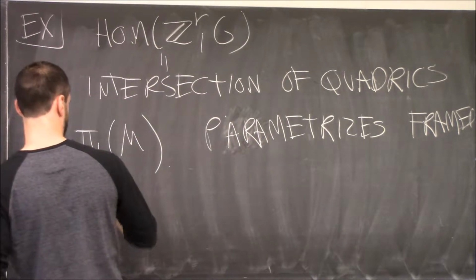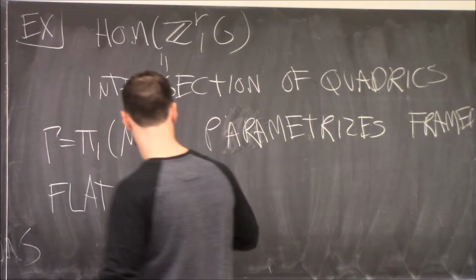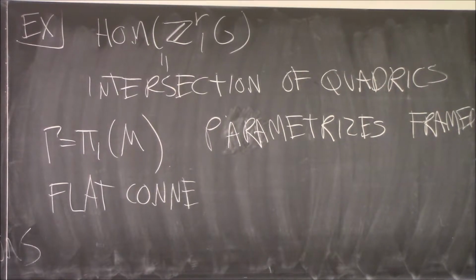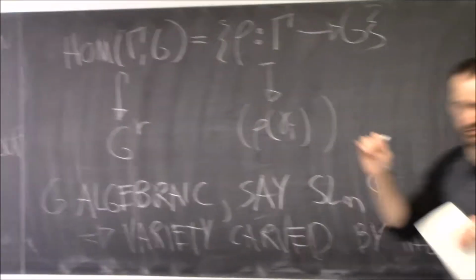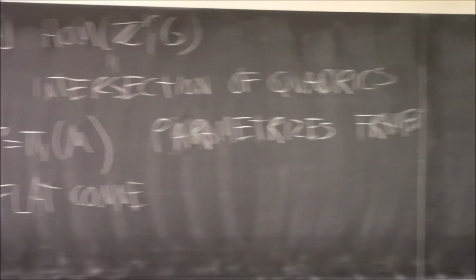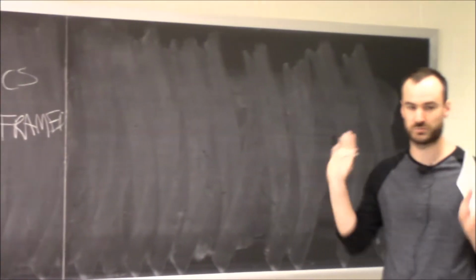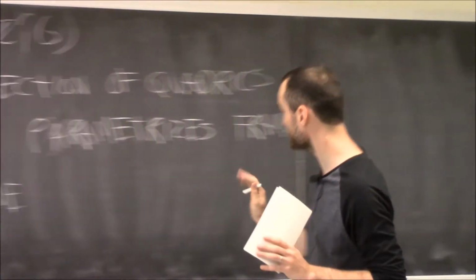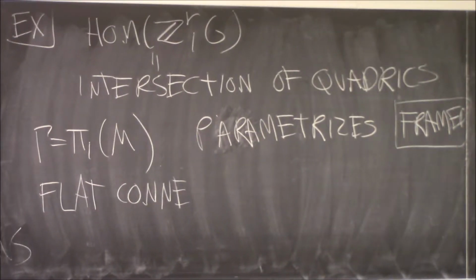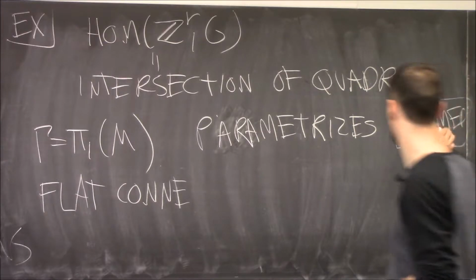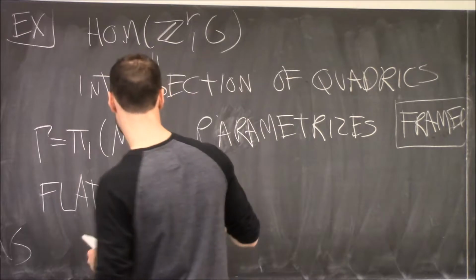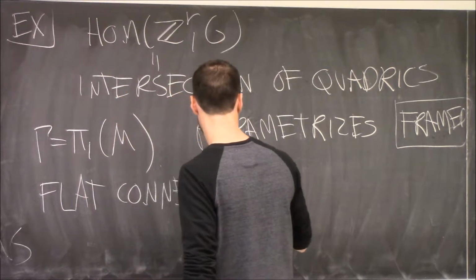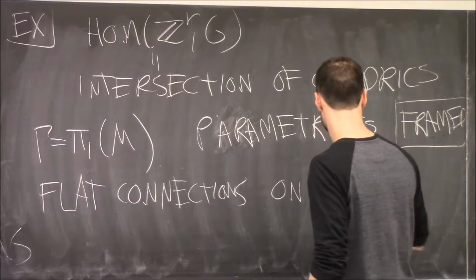So is this a representation variety, or are you going to quotient? Well, there's a lot of hocus pocus about what is the character variety and what is the representation variety. For me, this is the representation variety, and whenever I'm taking a quotient, which I will later, I'm going to talk about the character variety. So this is genuinely the space of representations without modding out by any equivalence relation. That's why the framing is here. I have to remember the framing, and later we're going to be modding out by a conjugation action, and then this word can be omitted. So framed flat connections on principal G-bundles